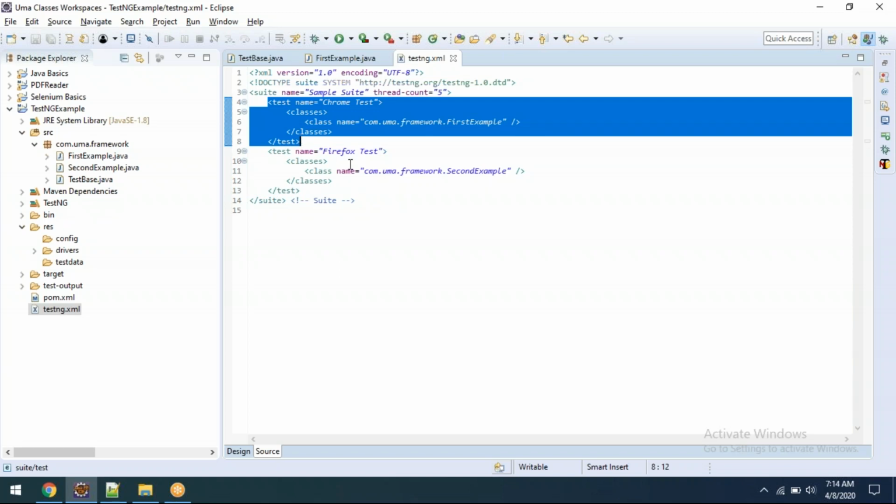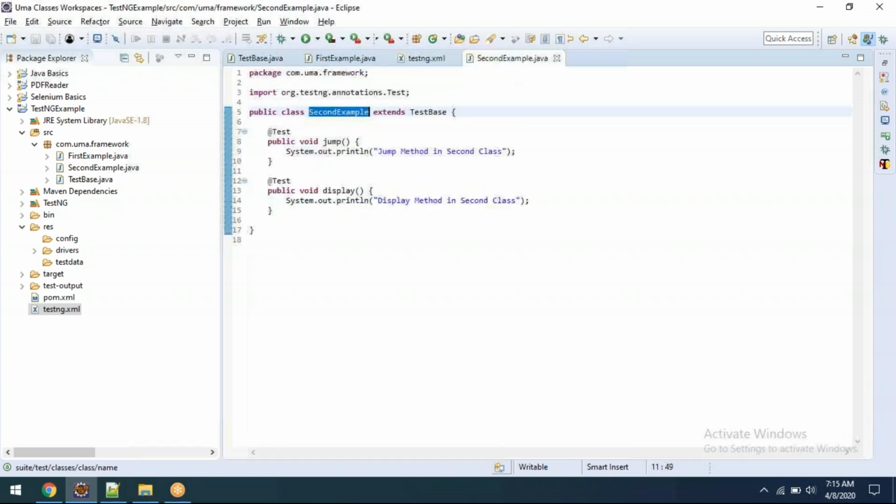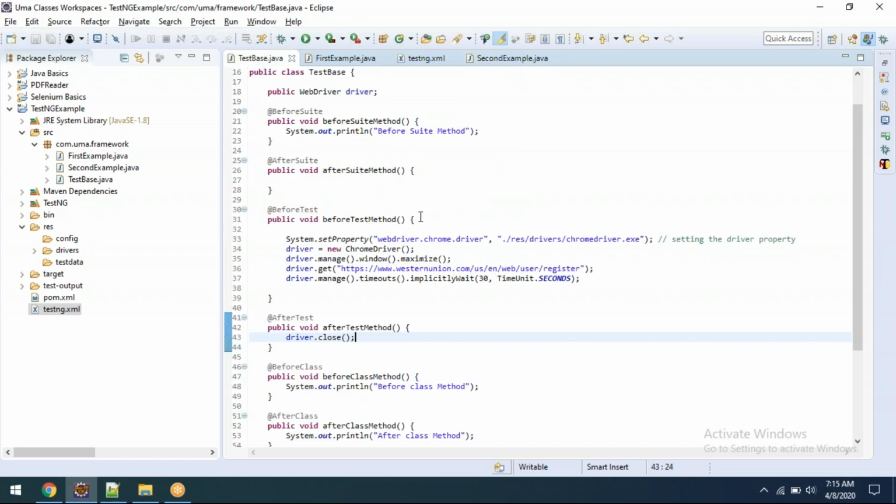I don't want to use it like this. One is the Chrome test, another one is the Firefox test. Getting my point? I want to do that Firefox test. Now in the second example, let me go ahead and create it for the Chrome test. Now the Chrome test is over, and again the second one is Firefox. But if I do it here, there will be some mismatch. Getting my point? But what I will do now, there is one concept called